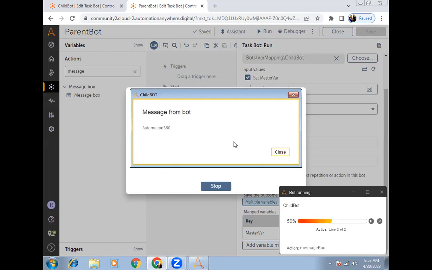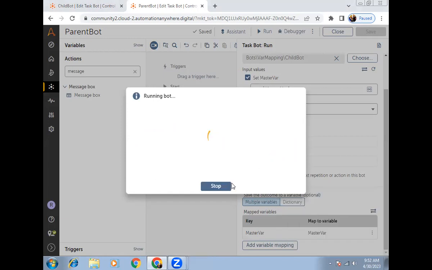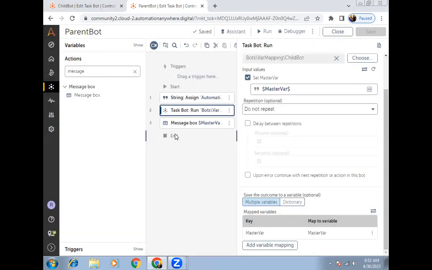So here the child bot message is coming automation 360, and you see the parent bot message is also coming automation 360. So now we got the changed value in the parent bot, which was changed in the child bot. So close this one. Okay, then let's stop this